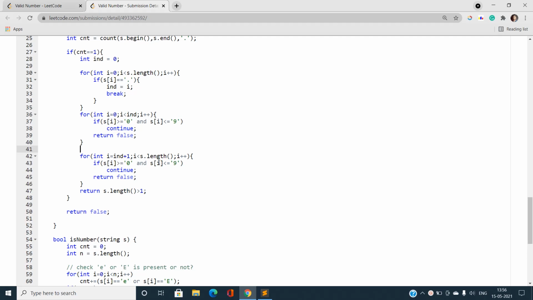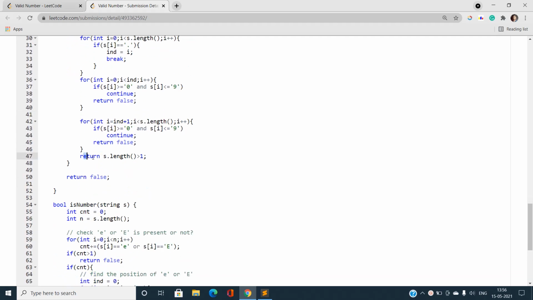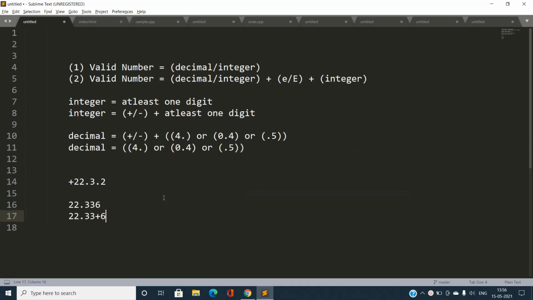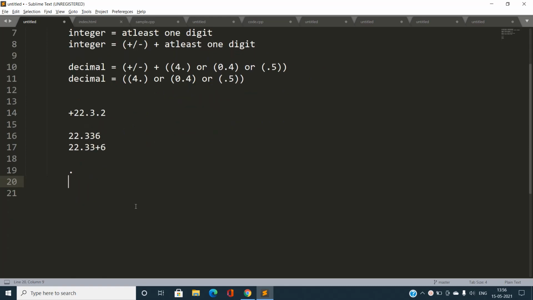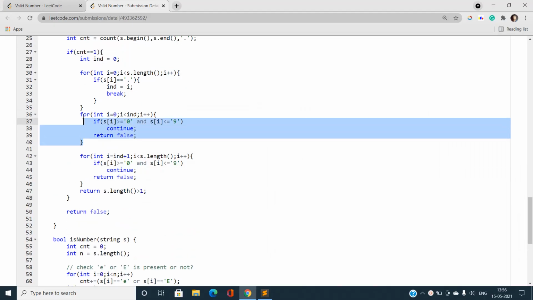Okay. So after doing that, we must ensure that the string's length should be greater than 1. Because if you find the position of a dot, like this one, only a single dot, and you check that there should exist at least one digit after that dot and before that dot, these for loops will return true in this case.